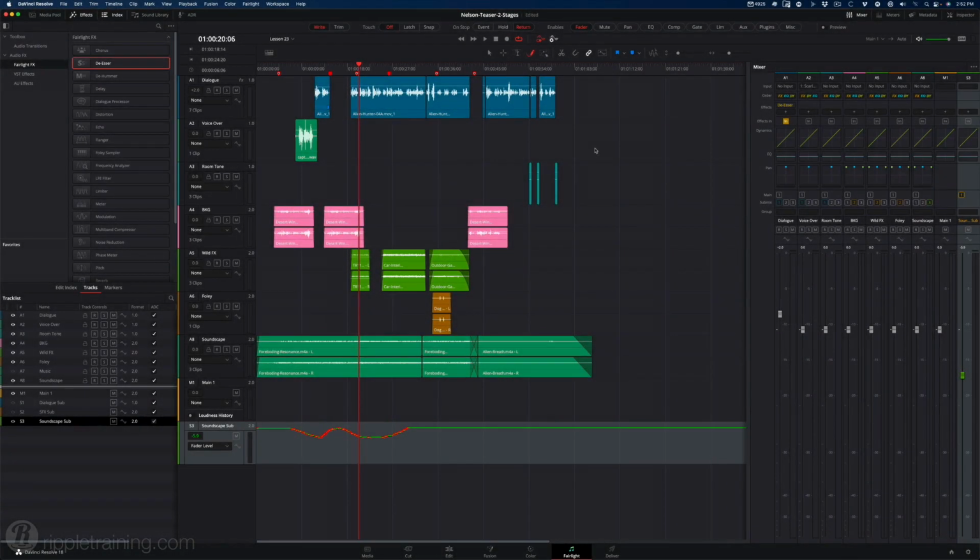Whether you're delivering to YouTube, creating high-quality web screeners for your clients, or even outputting a Hollywood feature film, the Deliver page is designed for quickly configuring and delivering the highest quality movie files. In this lesson, you'll learn how to set up a batch render for multiple destinations and add a watermark to